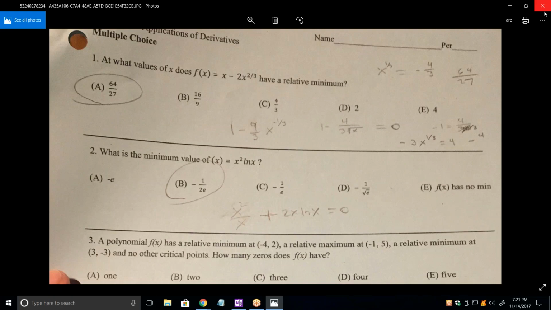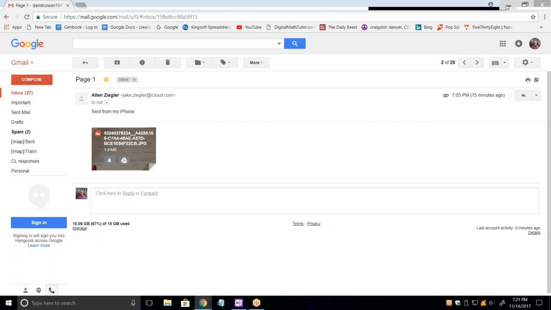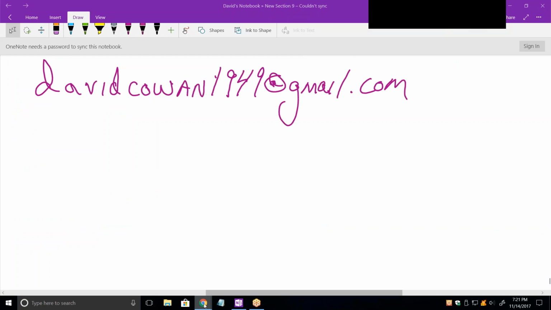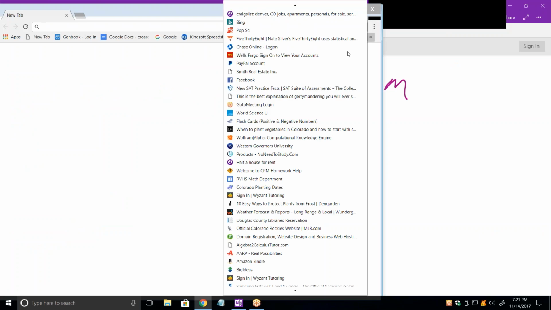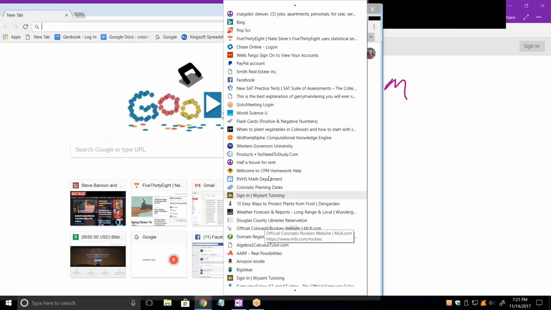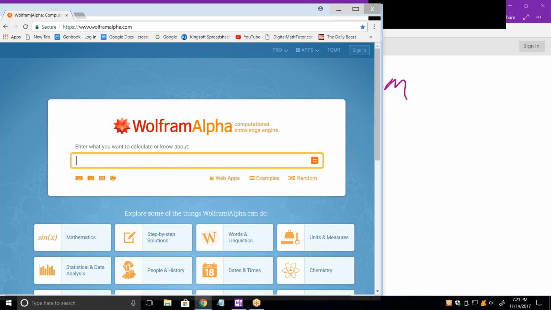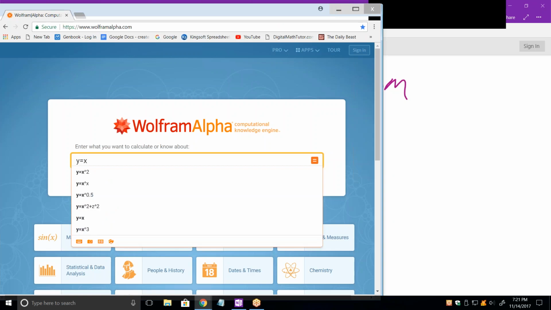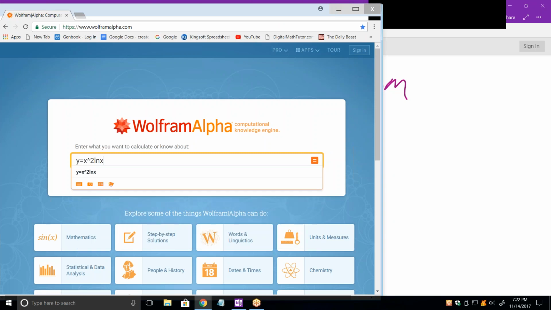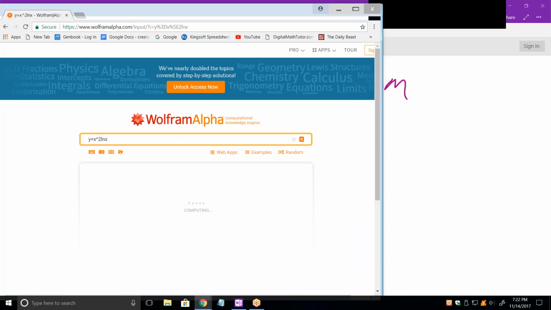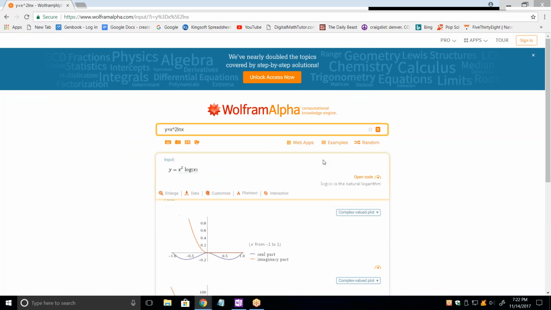Let's see, x squared natural log of x. Takes me forever to find it too. Y equals x squared natural log of x. Now it should give,